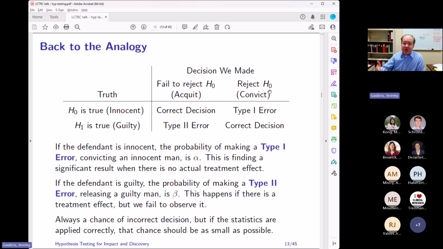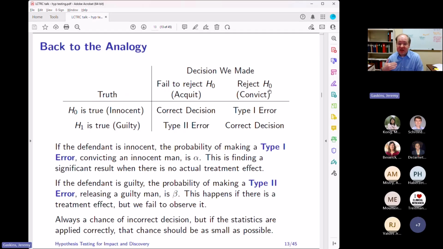Okay, and back to our sort of jury duty analogy. Again, in reality, there are one of two options. Our defendant either is truly innocent or our defendant is truly guilty. And we on the jury never actually know this. We see however much evidence during the course of the trial, and we may feel fairly confident in our assessment, or we may not, but we never really know whether they're innocent or guilty.